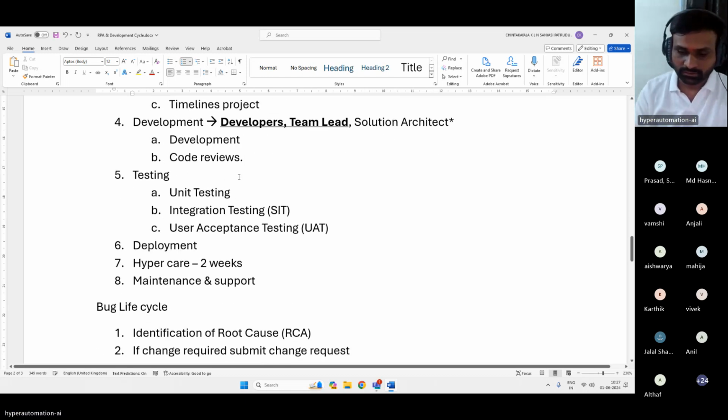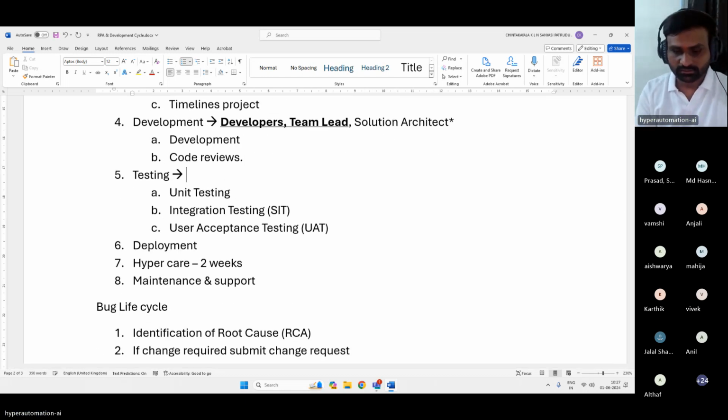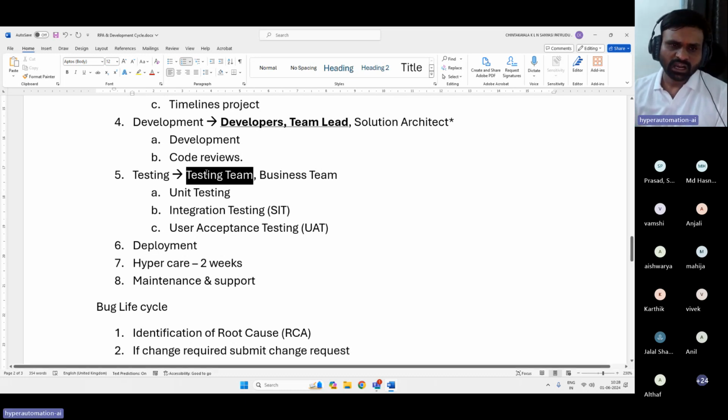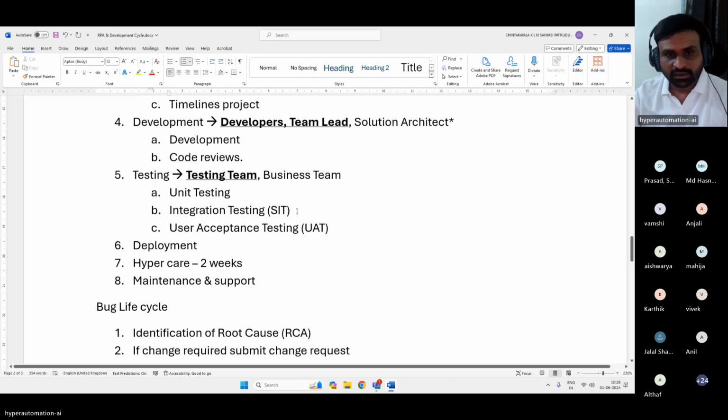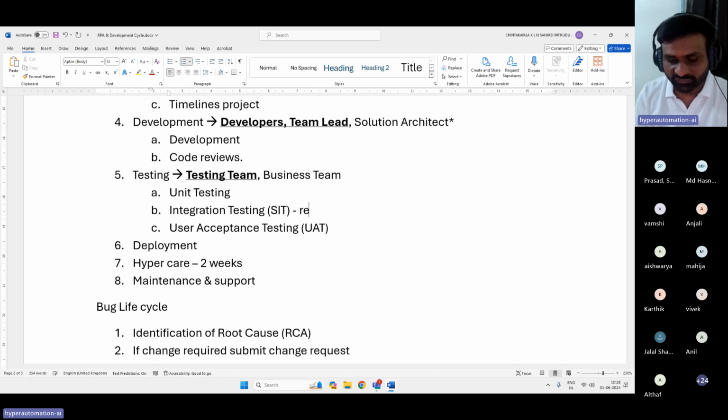Here, in the testing, we'll have the testing team and the business team. So how this generally happens is, once the unit testing and SIT is done, we will record the artifacts. Artifacts is nothing but the test results, and we share them with the business team.